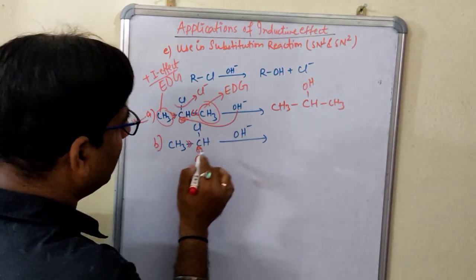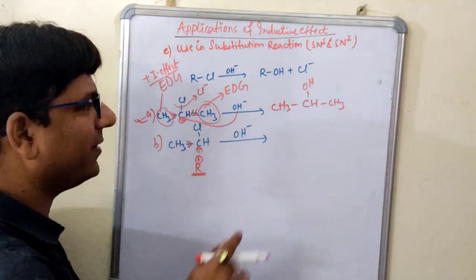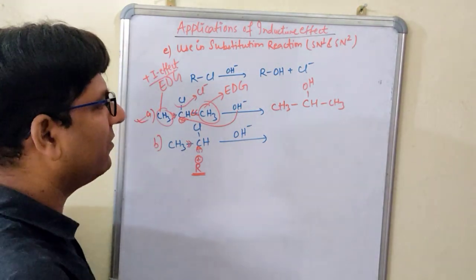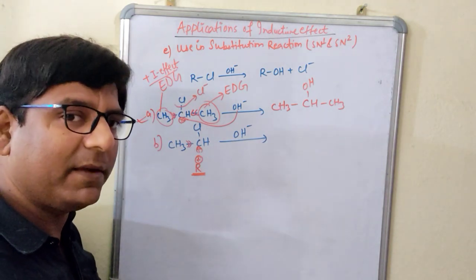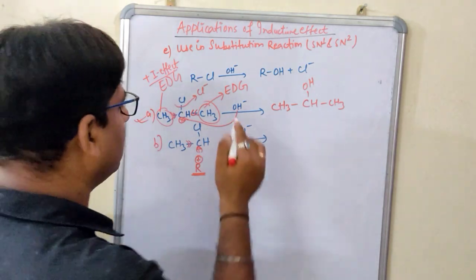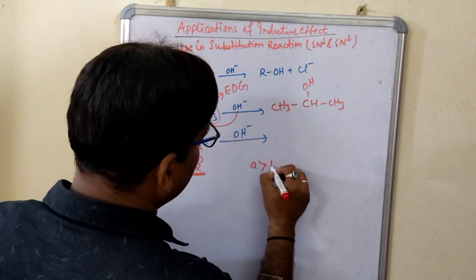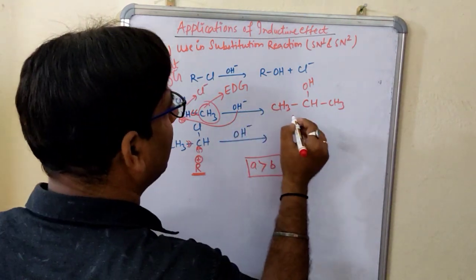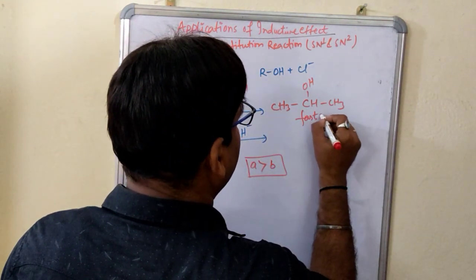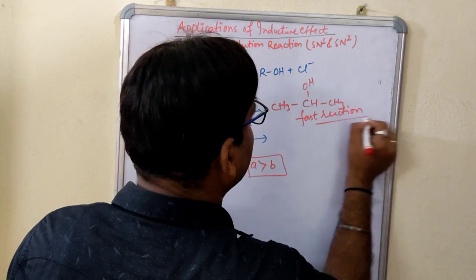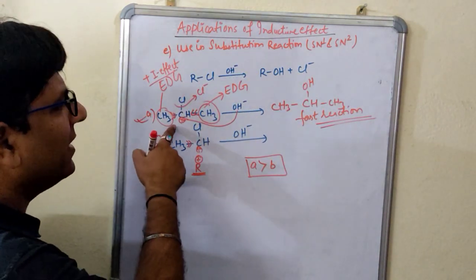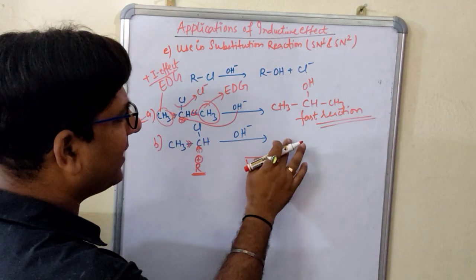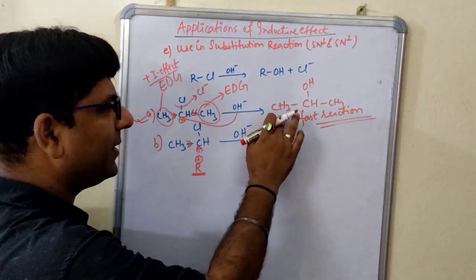Clear? And here also, we don't have to see the product. The product will be formed in both the cases. But what we want to know is which reaction will be fast, where the product will be made fast. Okay, so this one, A is much more than B. Means the product will be formed fast. You can write here: fast reaction. Means the substituted product that we will get in A will be fast. Means easily we will get the substituted product. Here we will get the substituted product, but it will be slow as compared to this one.